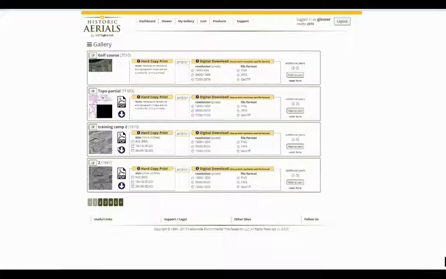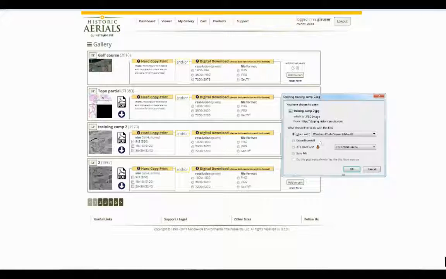A lot of people may have their own reports or templates that they've set up in a manner in which they need to submit. And if you just need that image and need to drag and drop it in, before you could do the 1800 resolution downloads, and we're trying to give you an option as a subscriber to just get that image. You may not need it georeferenced, and you may not need super high resolution, and this is the perfect example for that. So you just go in and click on this download JPEG 680 option,